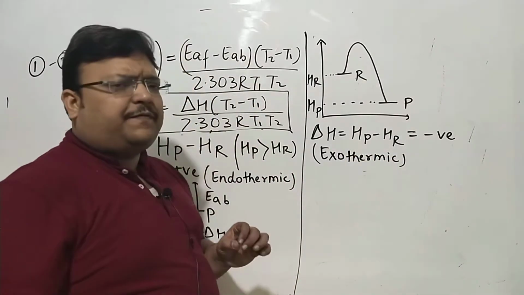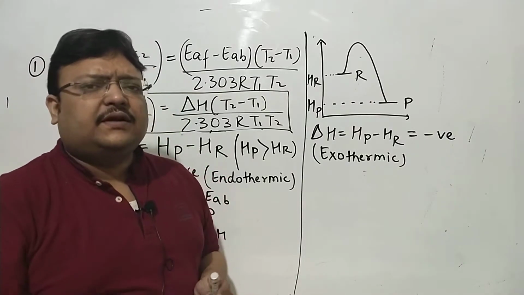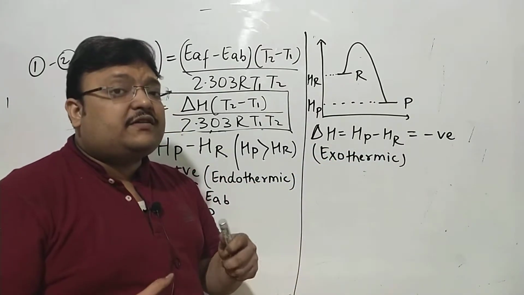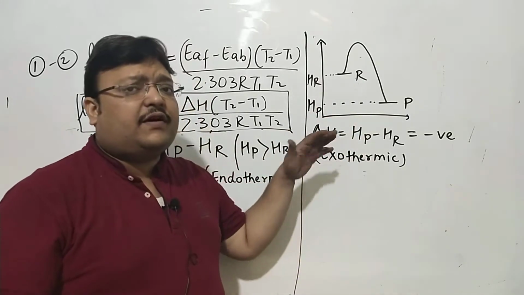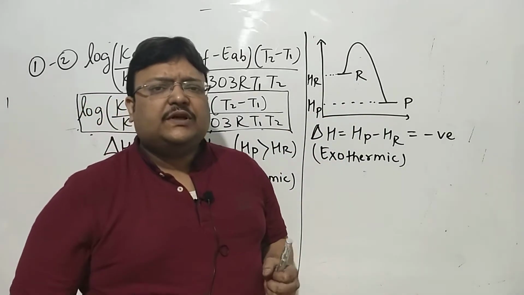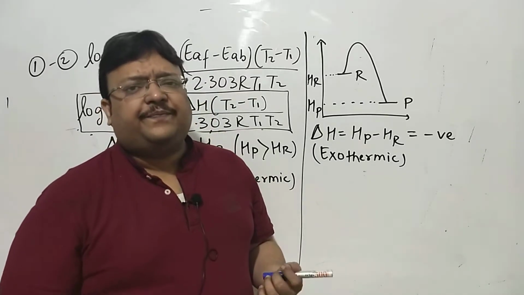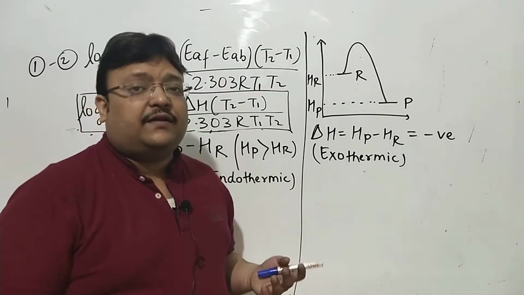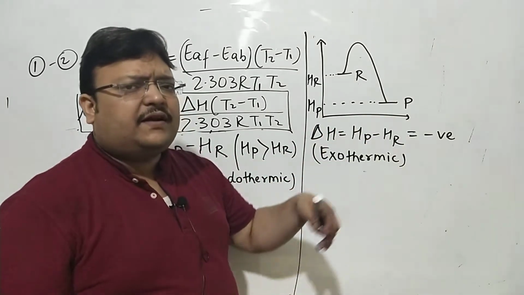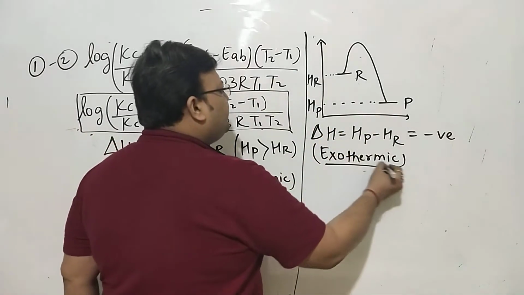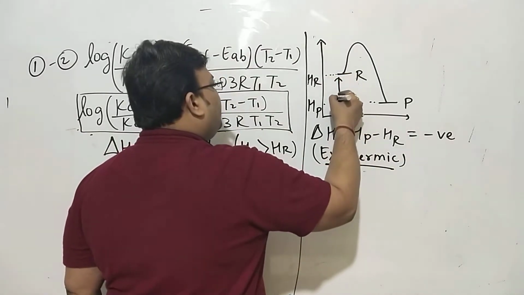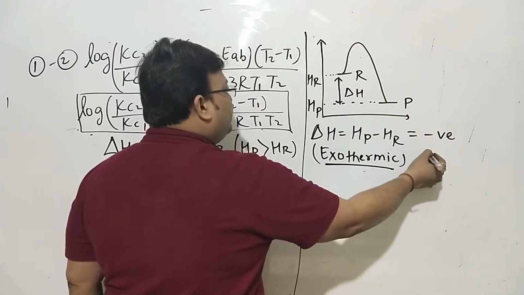You will learn from the first principles of thermodynamics, heat released is negative. Every time product goes to a lower energy state, this is also like conservation of energy. If it goes to a lower energy state, naturally energy will be released. Heat release is exothermic. This is the amount of delta H now, and this is negative because